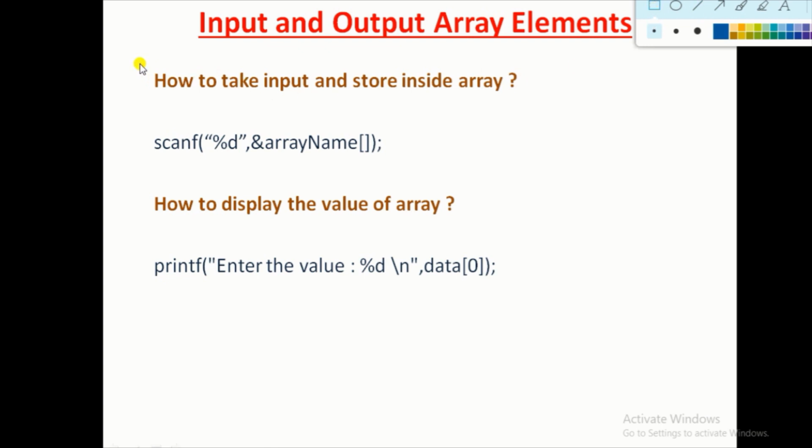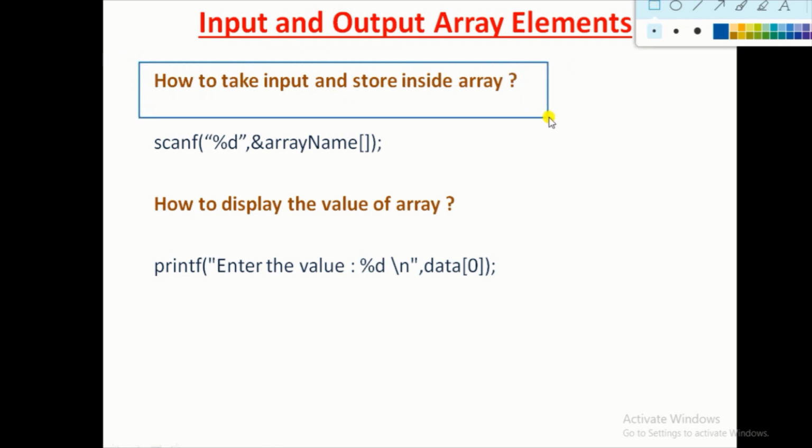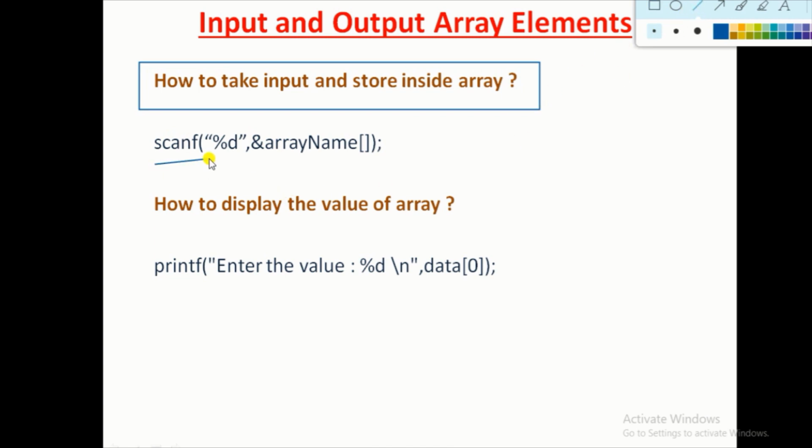Next we see how to take input and store that value inside the array. It is similar to the scanf function. We used the scanf function before and we know its structure, but here one thing is changed: we put the array name and also the position, or the index value, where we want to store the value inside the array. First we write scanf, then modulo division of d or c or f, whichever data type you declared for the array, and then ampersand, the array name, and inside the third bracket the index of that array.